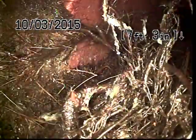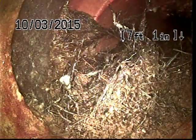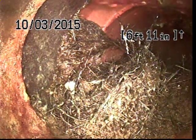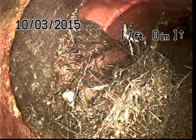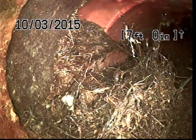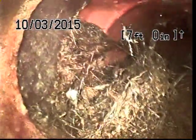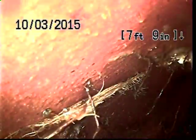And we'll continue on. We're back inside of some cast iron, and here at just a little bit over 7 feet, we'll call that about 7 feet, what you're looking at is a pretty good sized root intrusion. And also you can tell we have made a transition to another material. This is terracotta, and we're looking at a pretty wide gap here on the left side of your screen, which was actually, again, the floor of the pipe is at the top of the screen. But on the left side of our screen we're looking at a fairly large gap and a bit of an offset. So we'll continue on, and well,